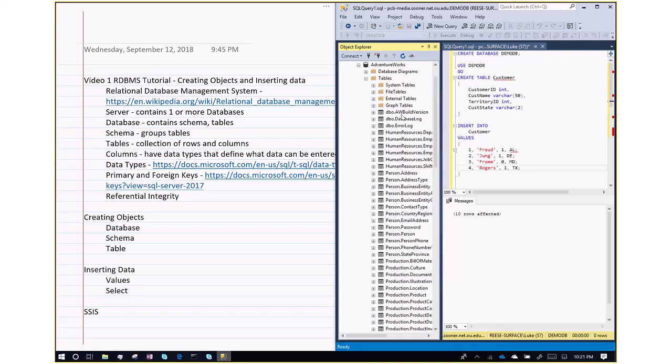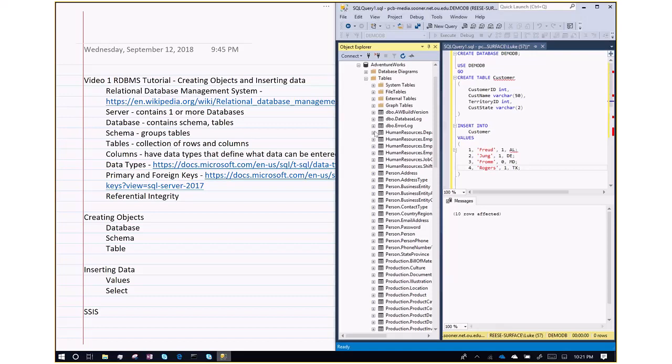So if you do not create your own schema, then any table you create will just default to DBO, which is okay because we don't always need schemas. It's just a way to group tables for security or organization reasons. So schemas are not actually necessary for the job of storing and retrieving data, but they can be kind of helpful just to group tables and maybe manage security. Tables are collections of rows and